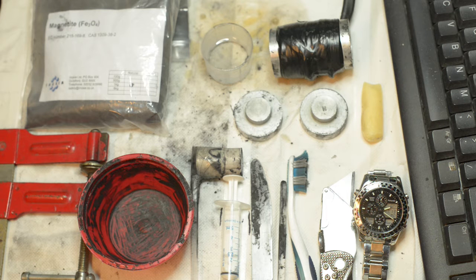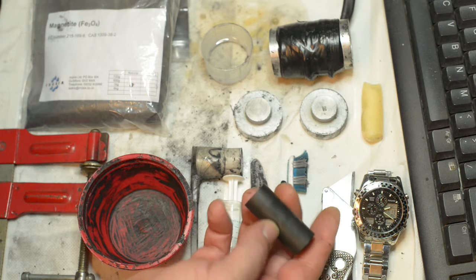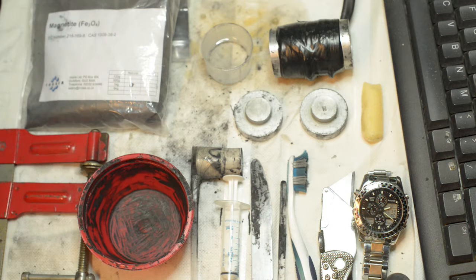What I've got here is a short video to show the procedure that I follow when I create the cores for my Muller Motor tests. The cores are simply made up of a mixture of magnetite and epoxy resin. Here we have the magnetite,